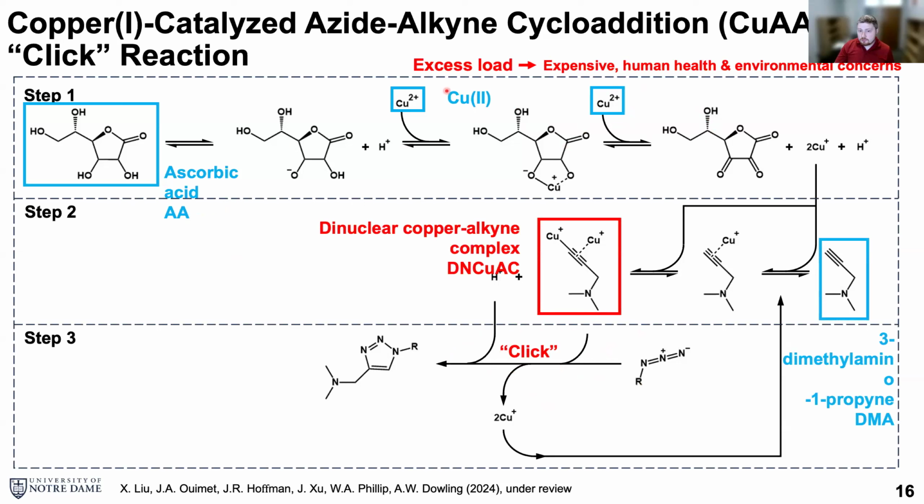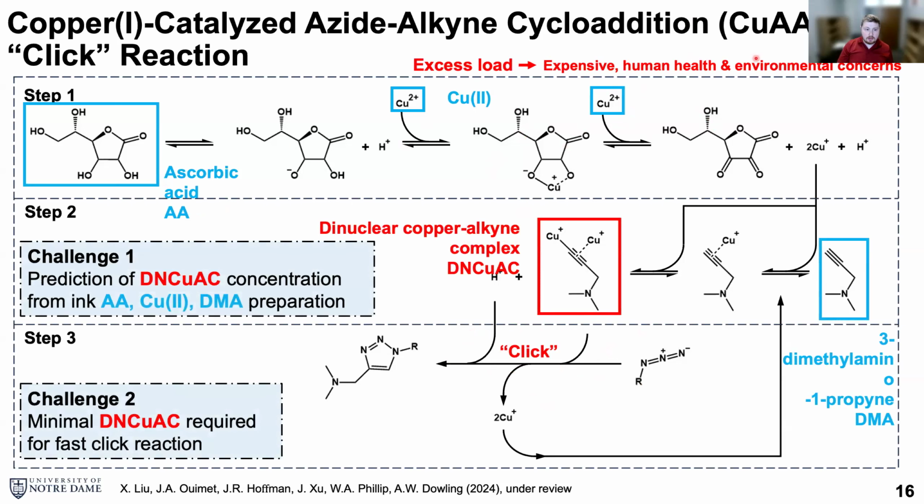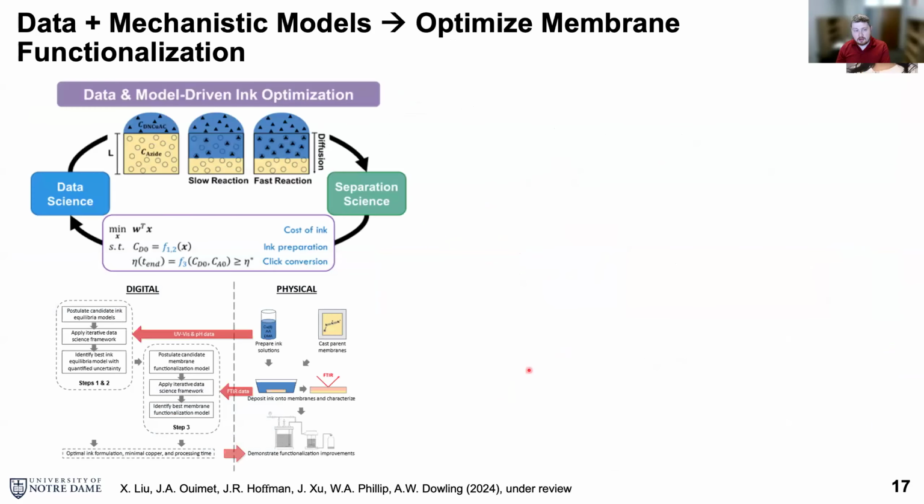And if we have too much copper in the system, it's both expensive, so it's a waste, and there's human health and environmental concerns if that waste is not properly handled. So the question is, how do you formulate this ink to minimize copper usage while maintaining enough to have a fast reaction? So what we did is we put together a modeling framework that contains science-based digital models with experiments,